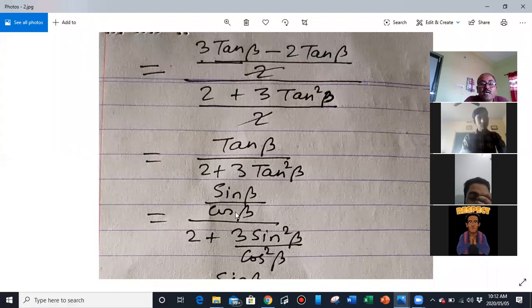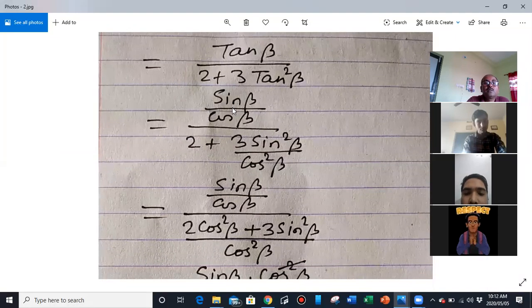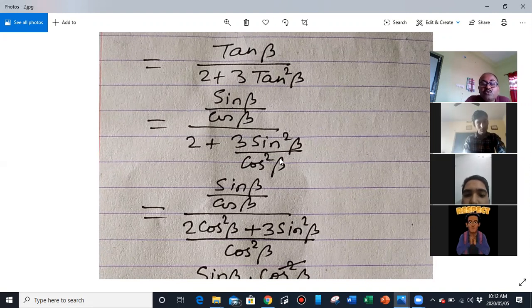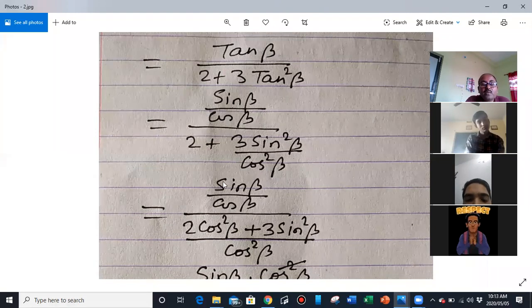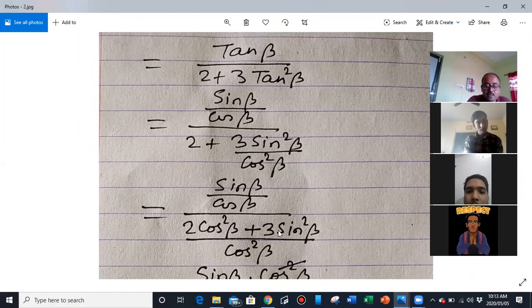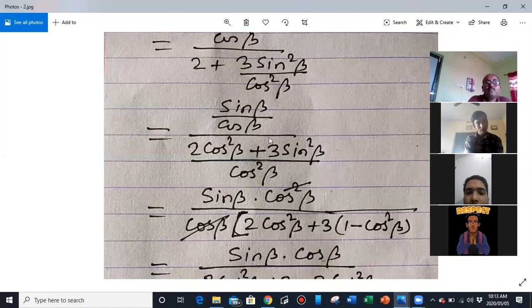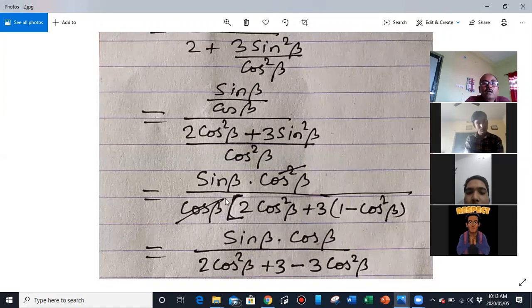Now change into sine and cos. Tan beta is sin beta by cos beta. 2 plus 3 tan square beta is sin square beta by cos square beta. So again take cos square beta as the LCM. The numerator is the same. In the denominator, cos square beta is the LCM: 2 cos square beta plus 3 sin square beta, equal to